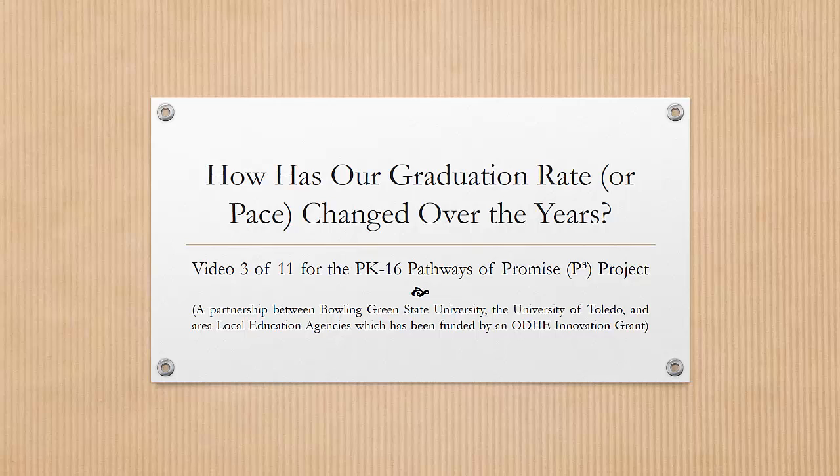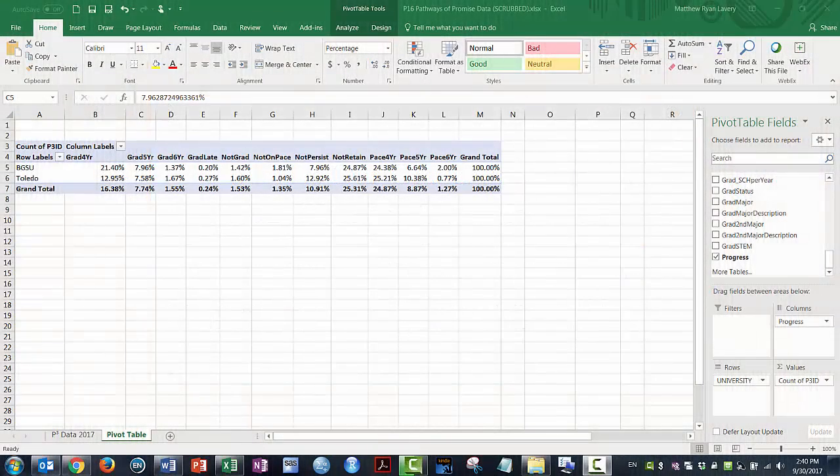I'm Matt Lavery, and in this video I want to show you how we can break this down by cohort to analyze it more carefully. So in our last video, we have the proportion of our students in each of the progress categories, but that's across all 7 years of the data that we have, which makes it a little bit more difficult to see the trends. So